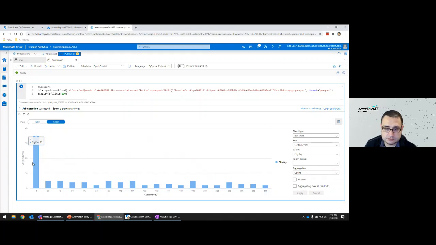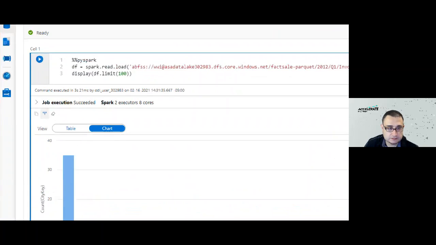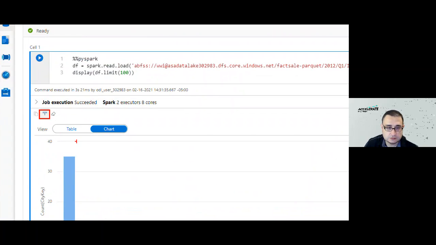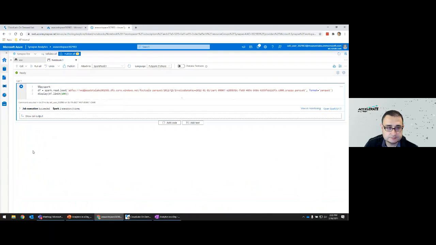And now we should be able to see the count of cities by our different customers, right? So really quick way to get good insights, to analyze the data, all within the same environment. All right. We can hide all this if we click this little button right here, and that button allows us to collapse the results. So if you click there, it should collapse that.